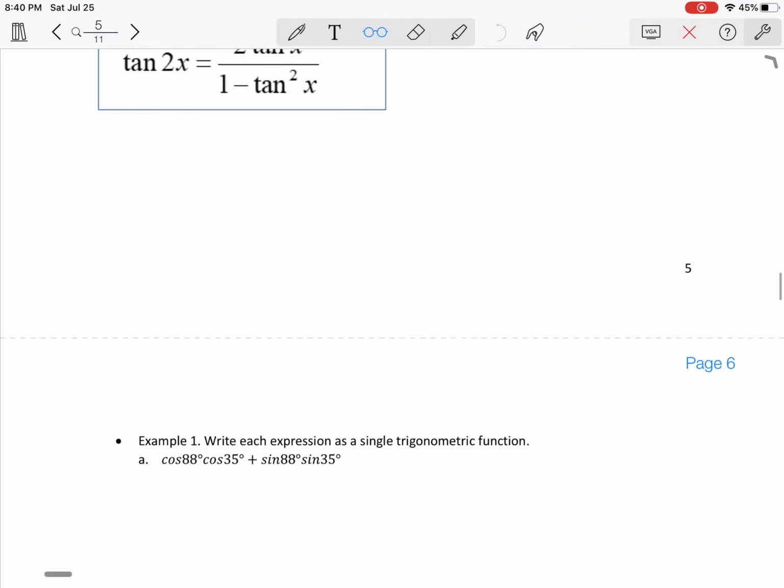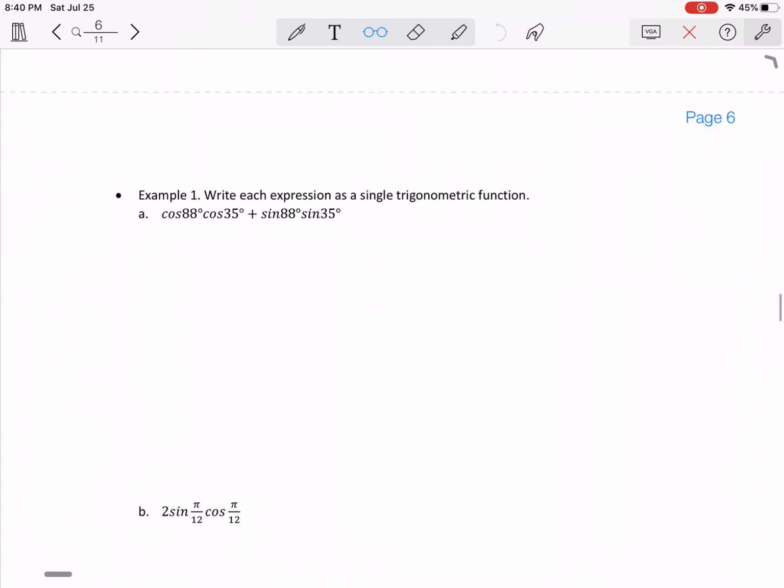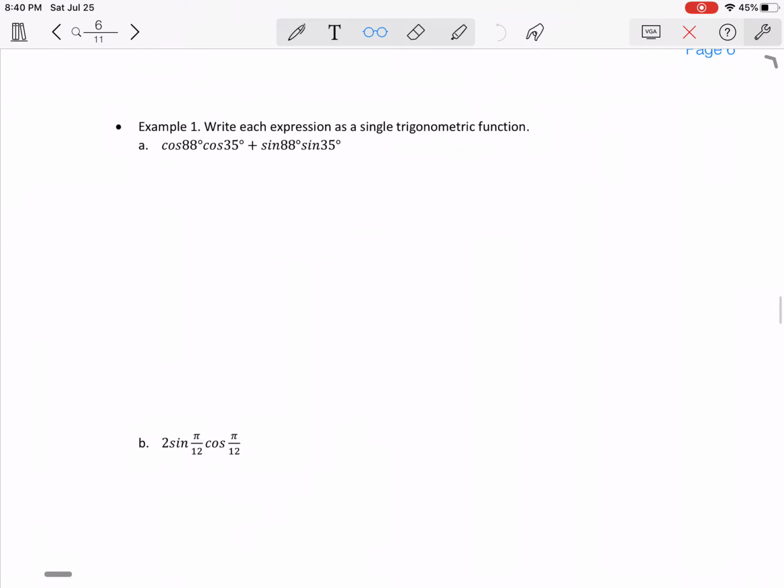Okay, so we'll get into example 1 here. What you basically have to do with these types of questions is look at the identity that you have, and this includes what we looked at previously in this unit. It's a good idea to compile all the identities on one page on a separate sheet of paper so that you have easy access to them. So here, if you look at this pattern, what it basically is